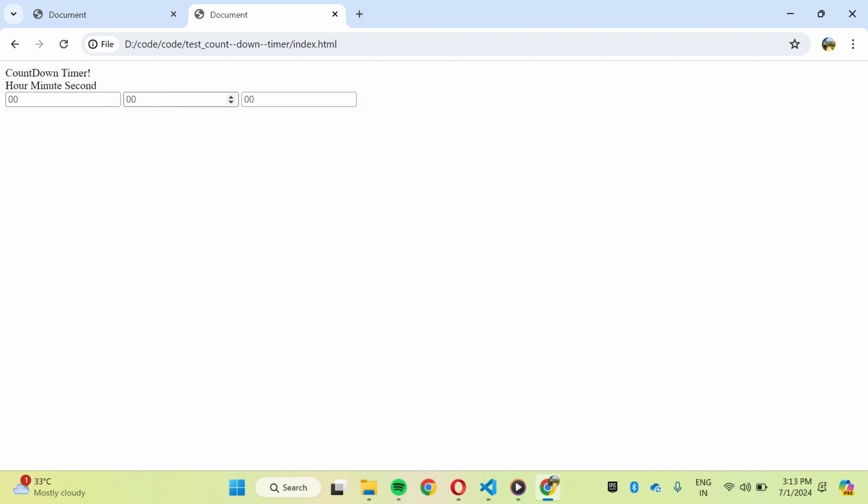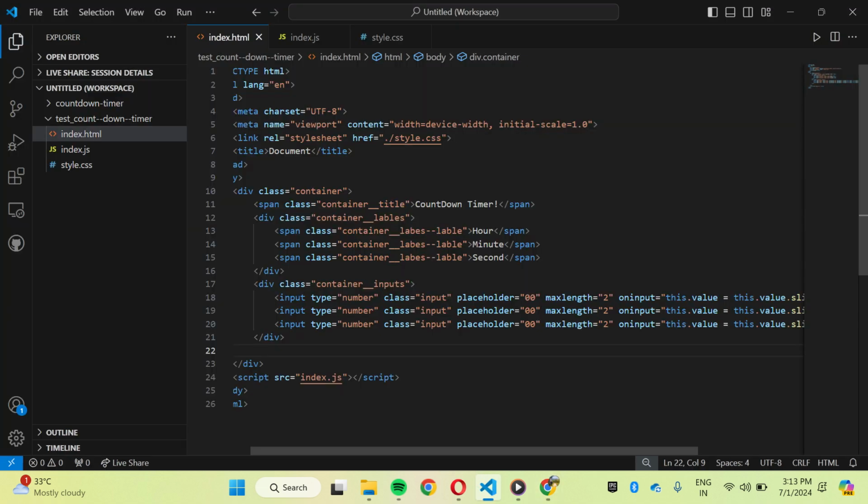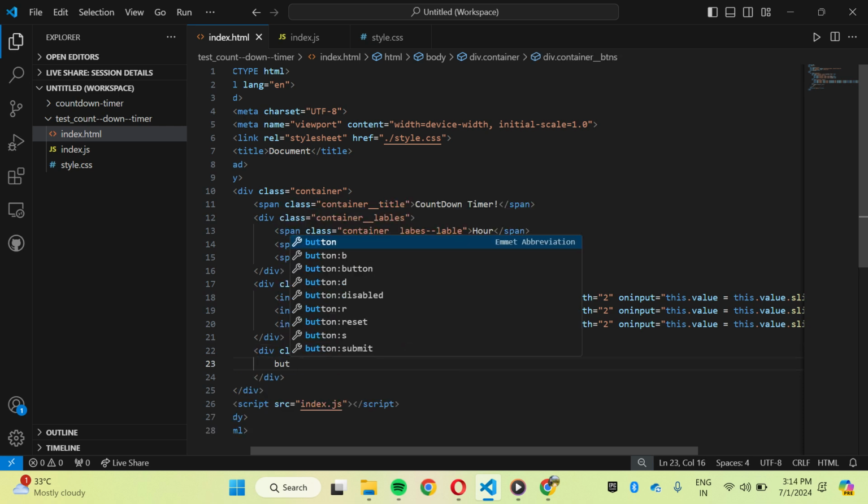The next part is you have to add three buttons. I'm just going to go to the HTML. I'm going to have the same div tag, div.container_btns. I'm just going to hit enter, and here I'm going to have three buttons. Button, dot